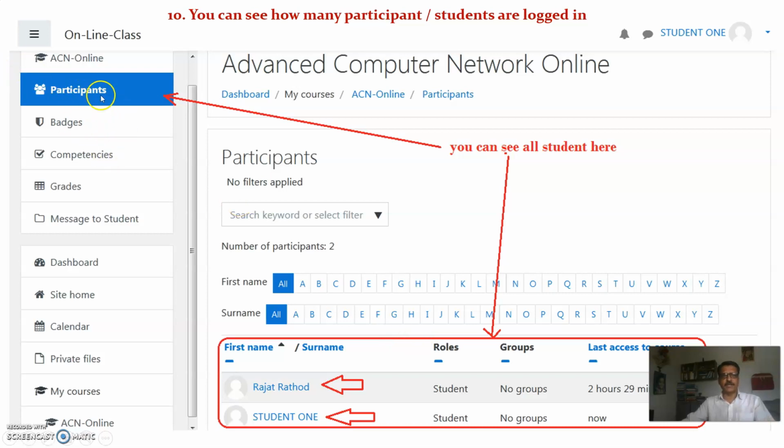You may find participants, so how many participants are enrolled. There is no need for me to take the attendance, as this is nothing but attendance. Two students are enrolled in this class. We have given some particular time period, suppose for example 11 AM to 12 PM. In this one hour class, the attendance will be taken. So two students are already enrolled here.